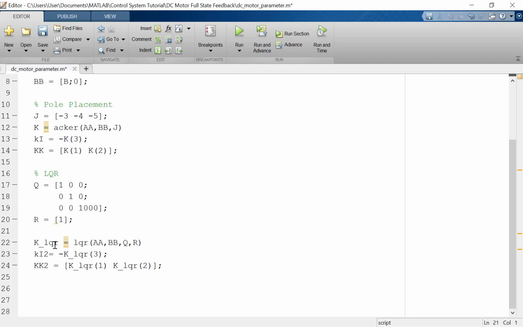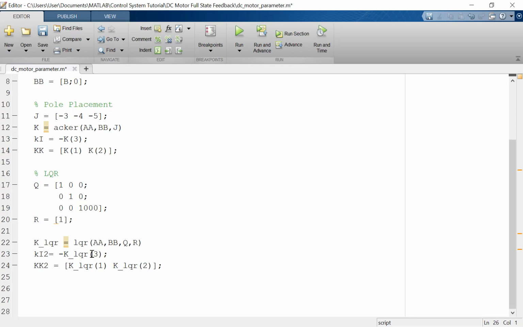Then we can determine the full state feedback gain using the LQR command, with the new A matrix, the new B matrix, and also the Q and the R.